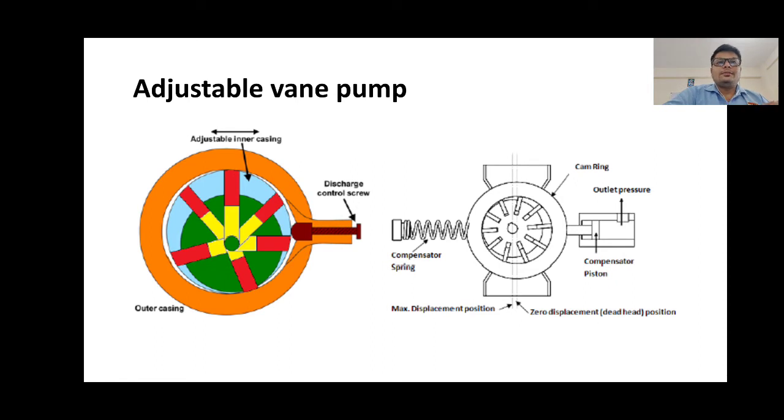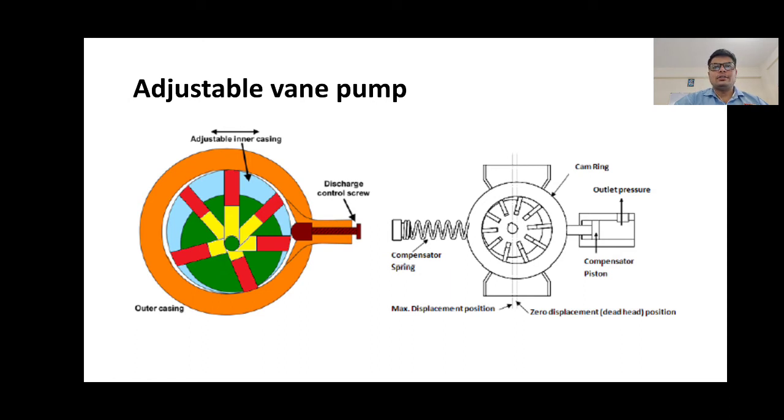Second is the adjustable vane pump. The proper design of the pump is important and it is very challenging. In ideal condition, the capacity of the pump should be kept exactly the same as the load requirement. A pump with larger capacity will waste energy as the excessive fluid will pass through the pressure relief valve, and it also leads to a rise in fluid temperature due to energy conversion. Therefore, it requires an external cooling arrangement, and higher capacity pumps increase the power consumption and make the system bulky and costly.